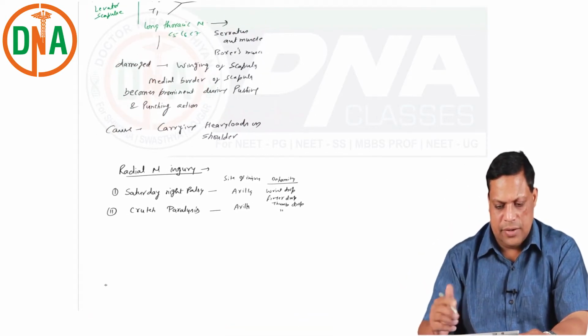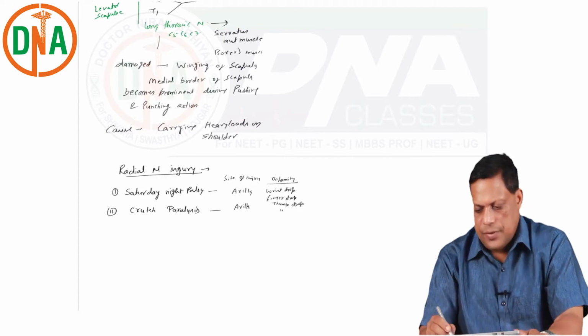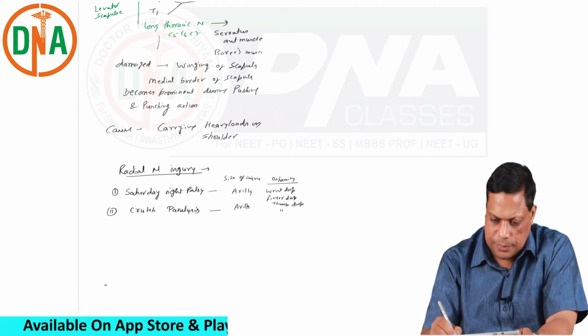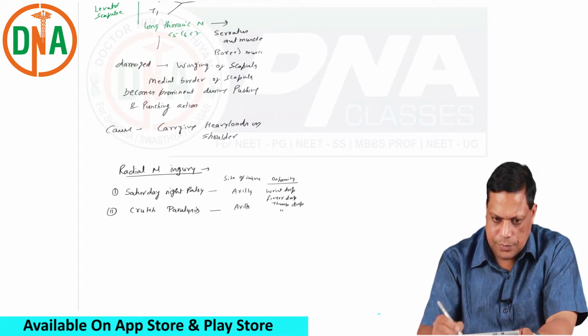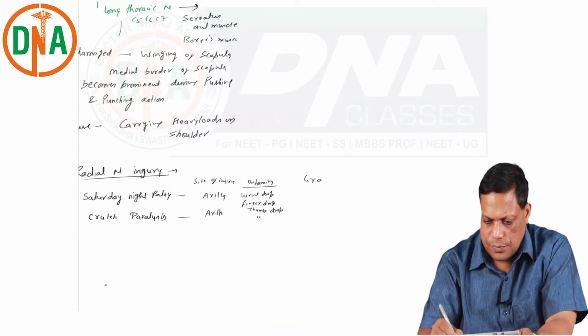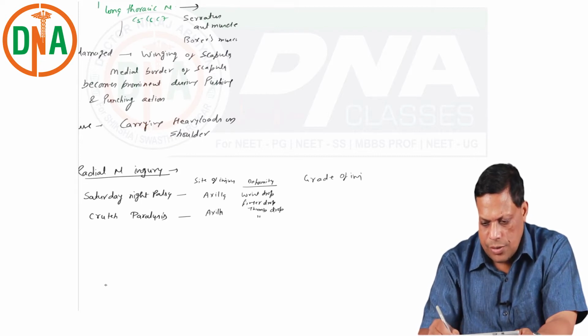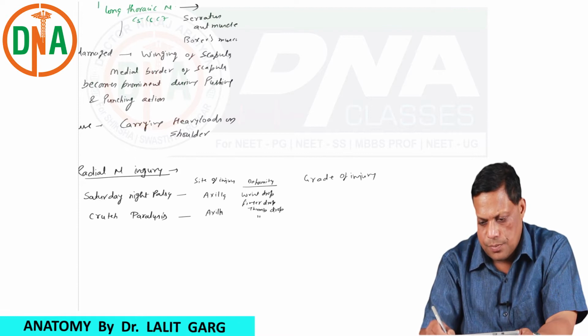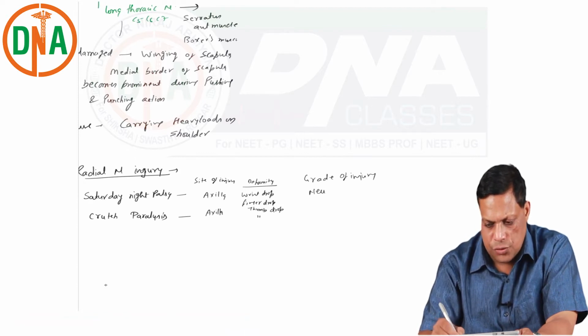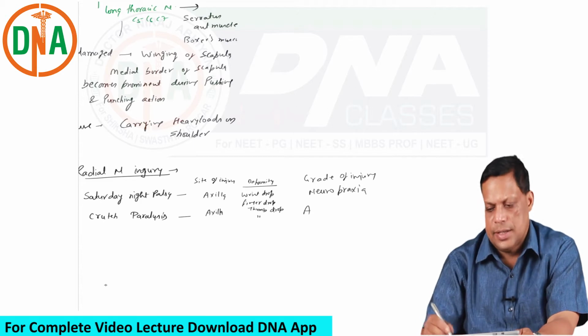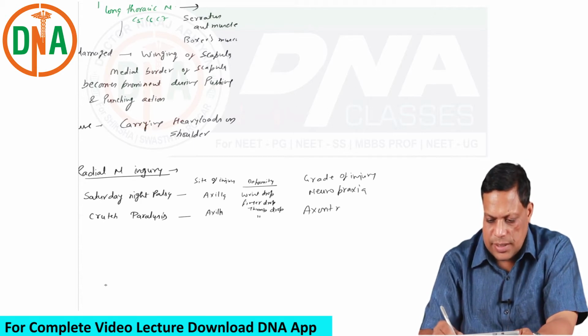The difference is the grade of injury. Saturday night palsy is a superficial nerve injury known as neuropraxia, while crutch paralysis is axonotmesis